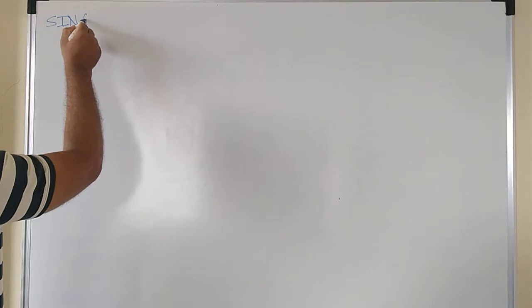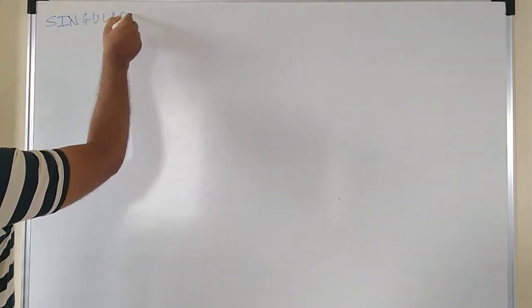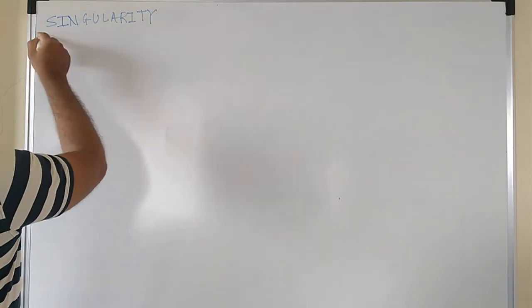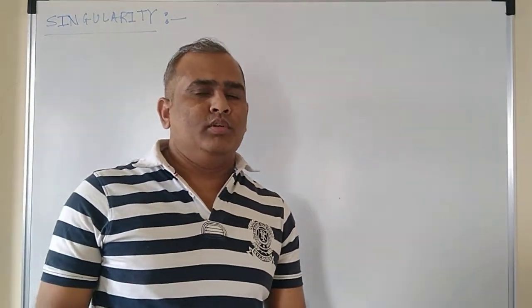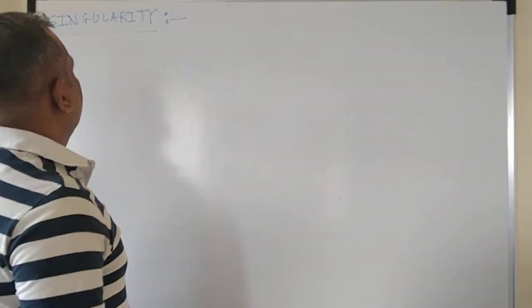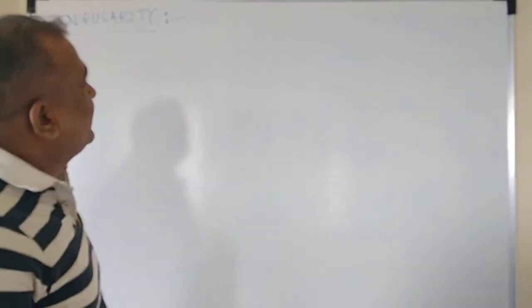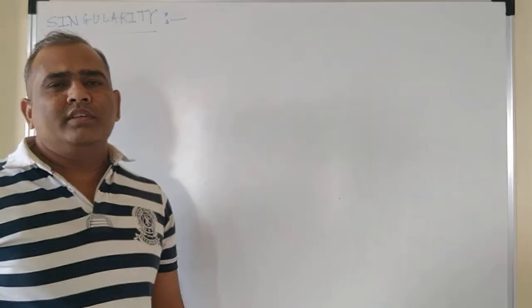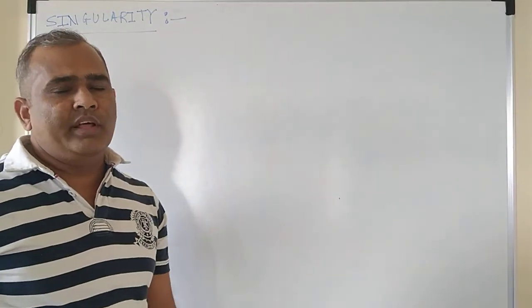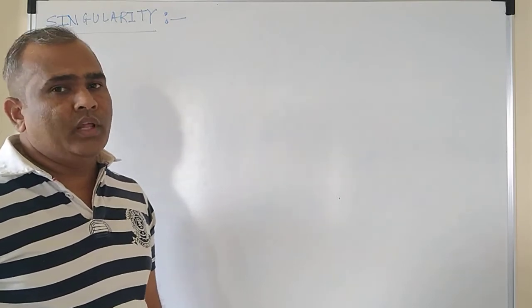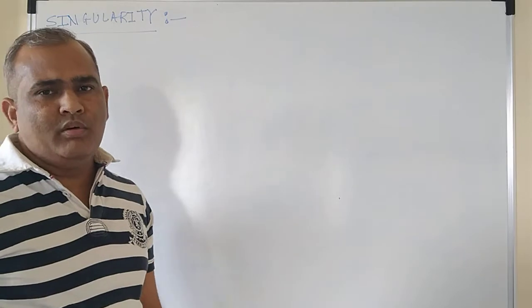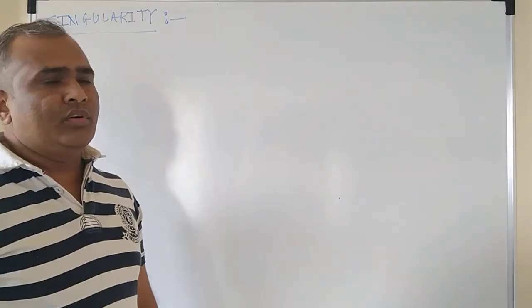In today's video, we are going to study the next topic, that is singularity. What is meant by singularity or a singular point? A singular point is a point where the given function is not continuous or not differentiable, in both cases. Then that particular point is called a singular point. Basically, there are three different types of singularities: removable singularity, essential singularity, that means non-removable singularity, and pole of order singularity. What are its different types and how to identify them, that we are going to study here.